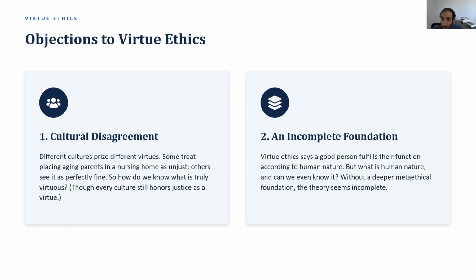But on the flip side, other cultures hold that it's perfectly fine to put aging parents in a nursing home. Under these cultures' views, it is not vicious to do that. And so we have to ask, how do we know what is actually vicious or virtuous if different cultures hold different standards? And now, of course, there is at least some merit to what the virtue ethicist is saying, insofar